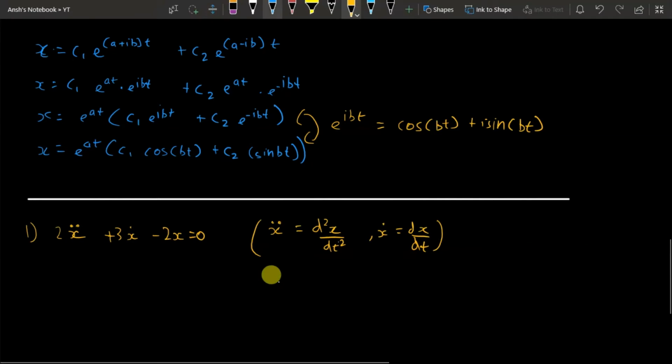So let's proceed. What we have to do when we want to solve such an equation is that we replace a double derivative with, say, a d square. We replace a single derivative with a d, and for the term where there is no derivative, we substitute nothing, and we set this entire equation equal to 0.